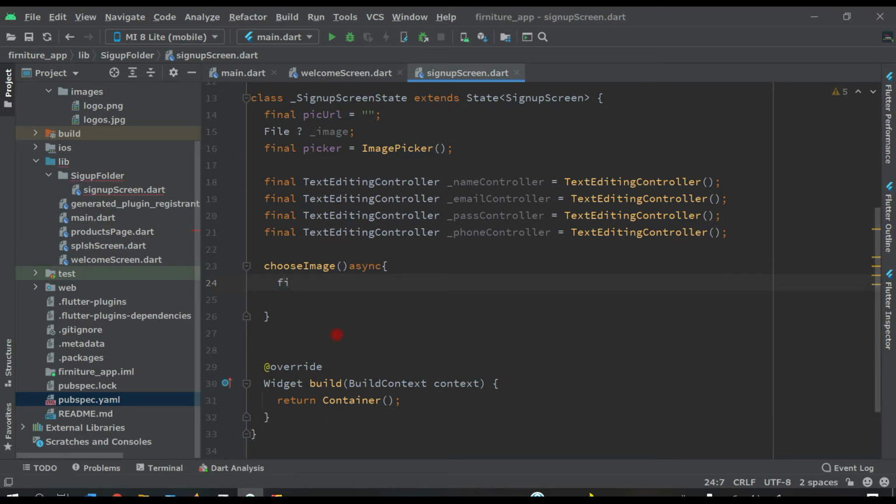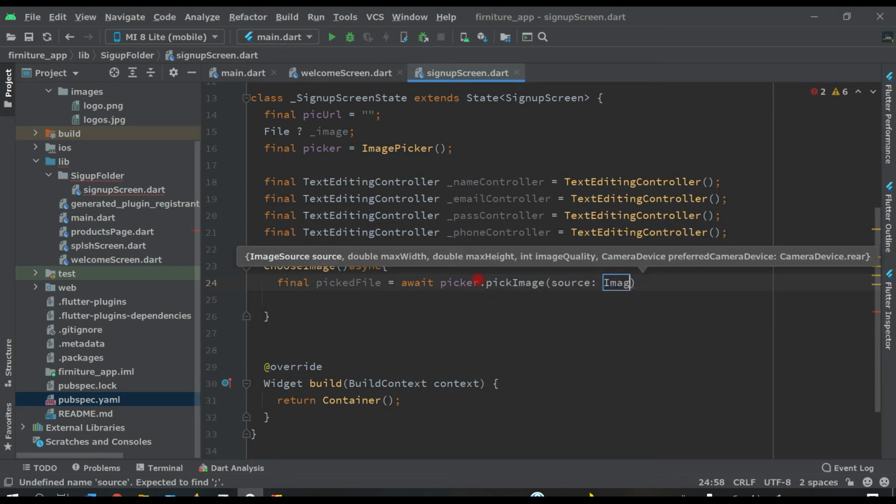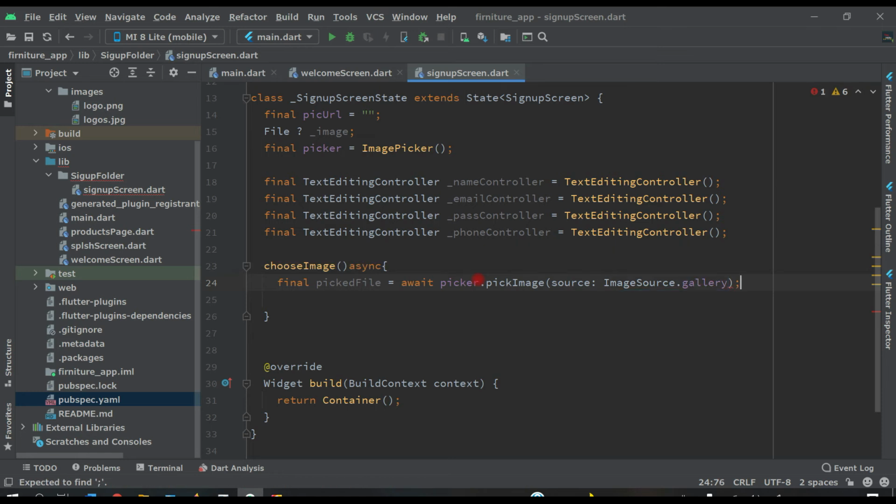Now here write final pickedFile, await, and await is coming because we made this async here, so await picker.pickImage, and source will be ImageSource.gallery, and semicolon.